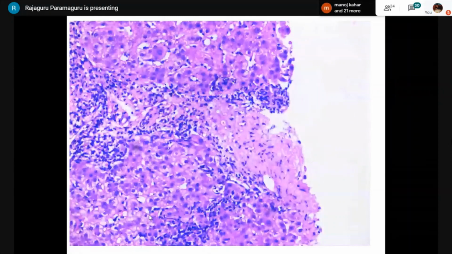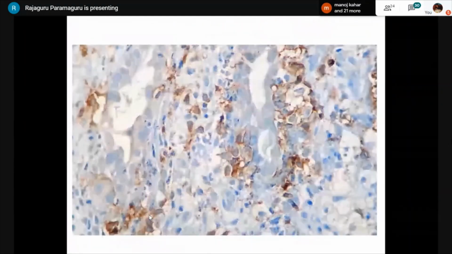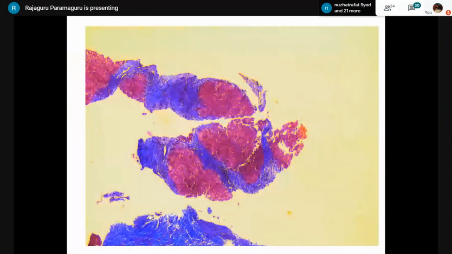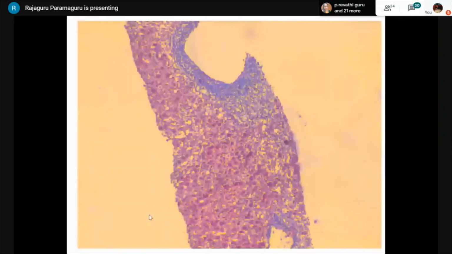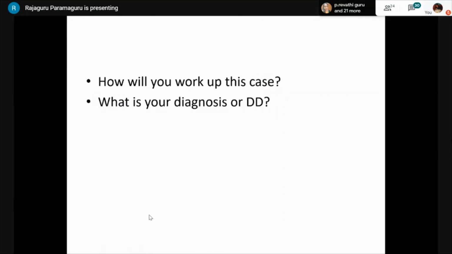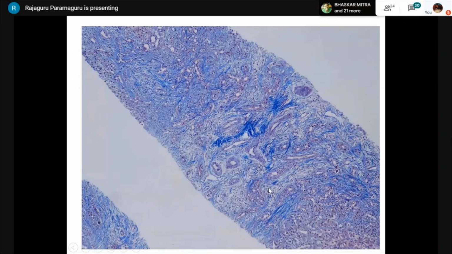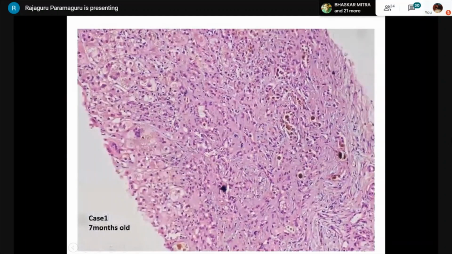Sir, the initial image of the section 2 cases, case 1 and case 2, which you showed. Sometimes it will be difficult to distinguish between EHBA and congenital hepatic fibrosis. Exactly, that is the reason I had shown you that. History is very important in that case. But I think in congenital hepatic fibrosis, the hepatocytes will be absolutely normal. And in EHBA, you will be able to demonstrate some amount of hepatocellular changes like multinucleation, cytoplasmic cholestasis, canalicular cholestasis also, and the ballooning changes which can happen.